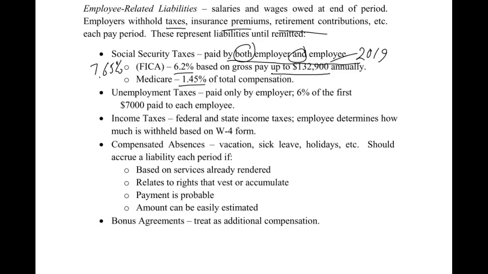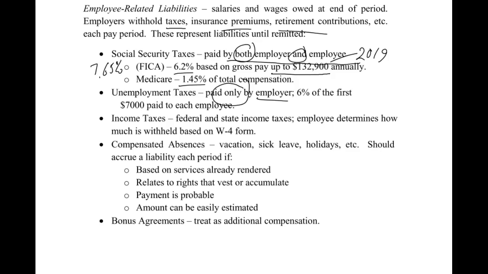All right, unemployment taxes. Notice this is paid only by the employer. This is a little confusing because a lot of times, when there's debates about unemployment taxes, people are like, well, that's our money, we paid it. Actually, the company is paying that on your behalf, okay? So it's 6%. Now, there's all sorts of rules. Every state's a little bit different. They have credits, and in some it's 5.4% and then there's 0.6% for the state or the federal, and there's all different types of things. I'm not concerned with that. I doubt your teacher is as well, but it's basically 6% of the first $7,000 paid to each employee.